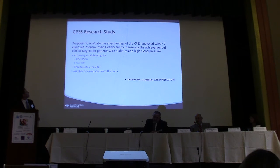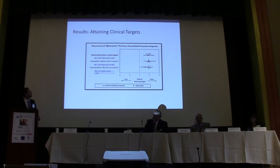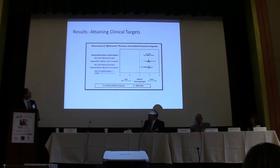So our patient goals were the established goals of blood pressure less than 140/90 and A1C less than 8. And then we also had 2 other goals that we measured in this study: time to reach the goal and the number of encounters with the team. So we have data here that shows that this collaborative pharmacy support service did reach goals that were measurable, and these A1C and blood pressure targets were all met here,